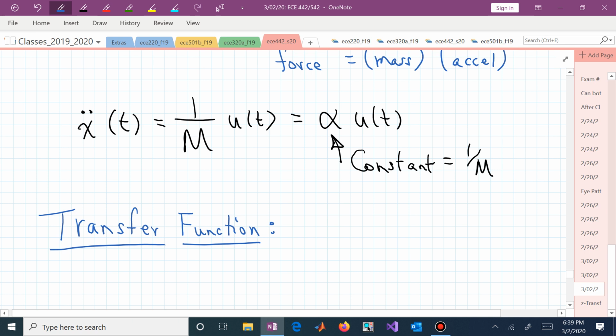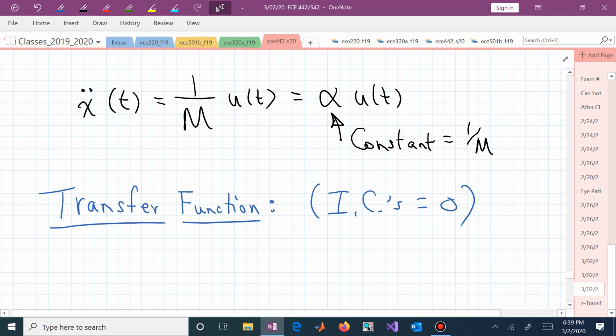And when I say transfer function, what can you immediately be thinking if I now want to Laplace transform this differential equation? This is a linear, second order differential equation. I want to Laplace transform it, and since I'm saying transfer function, what immediately goes off in your head? I don't need to worry about initial conditions. So now my ICs are 0, which allows me now to quickly, cleanly